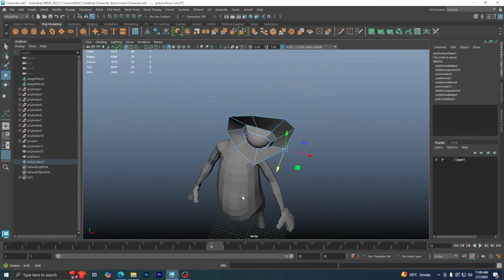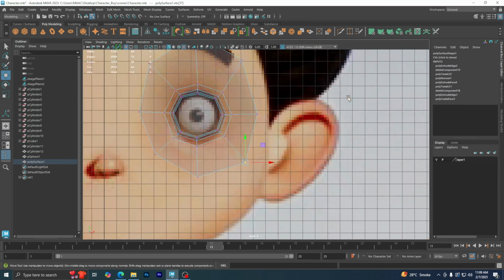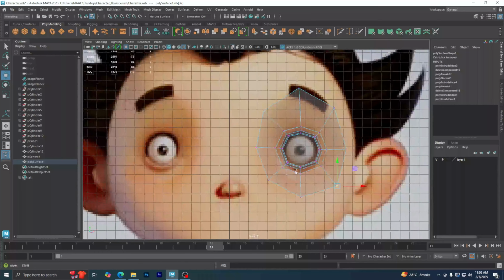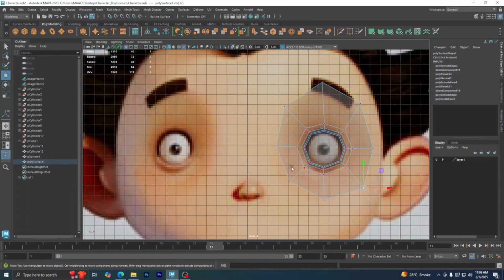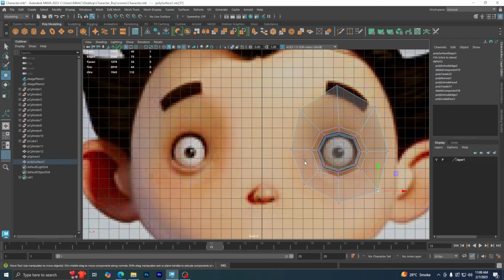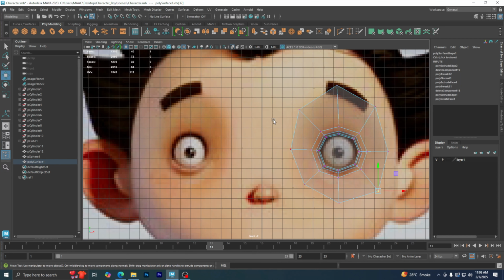In the perspective view you can see that this area is going back, so it will connect to the ear, so it will go back from here, this side. And now you need to make some changes here also. You need to go in the edge mode. First move this vertex a little bit down,